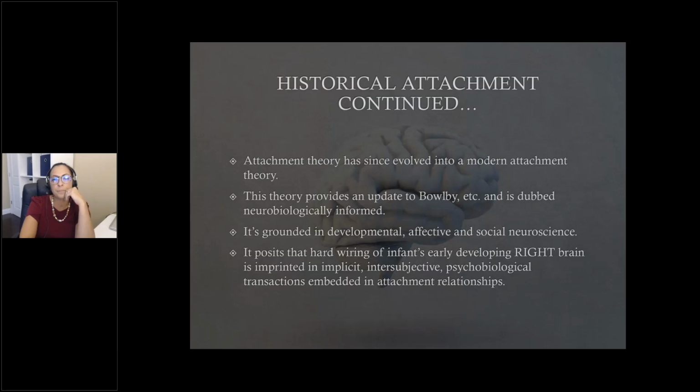So in the past few decades, attachment theory, I think, has really evolved and become more modern. They provide updates to Bowlby's theory, and it's now looked at as the neurobiologically informed attachment theory. This would be Schore et al. So it's still grounded in developmental, affective, and social neuroscience. The modern theory posits that it's the hardwiring of an infant's early developing brain, and even more specifically, their right brain, that's imprinted